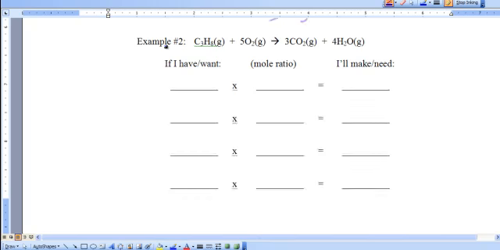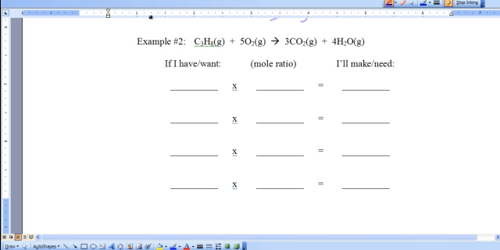And we're back and better than ever, still in 12.2 doing chemical calculations. In this podcast, we're going to continue our development of our understanding of the mole ratio. We're going to keep practicing identifying what the mole ratio would be when you're changing from one species to the next. In this particular equation, example number 2,